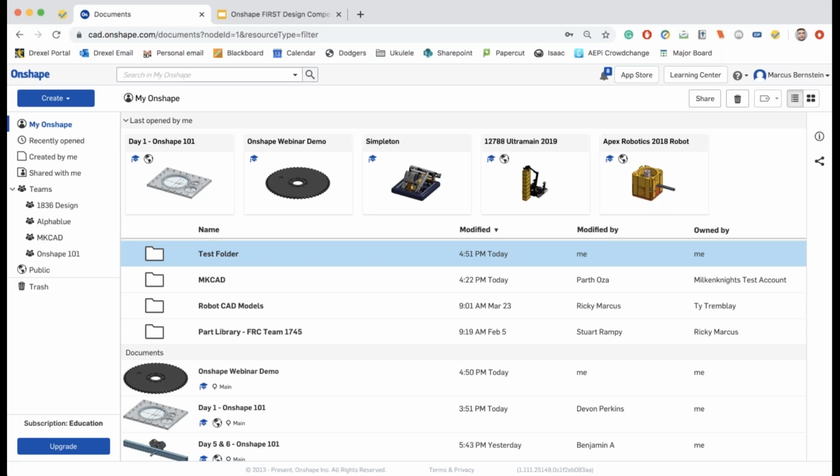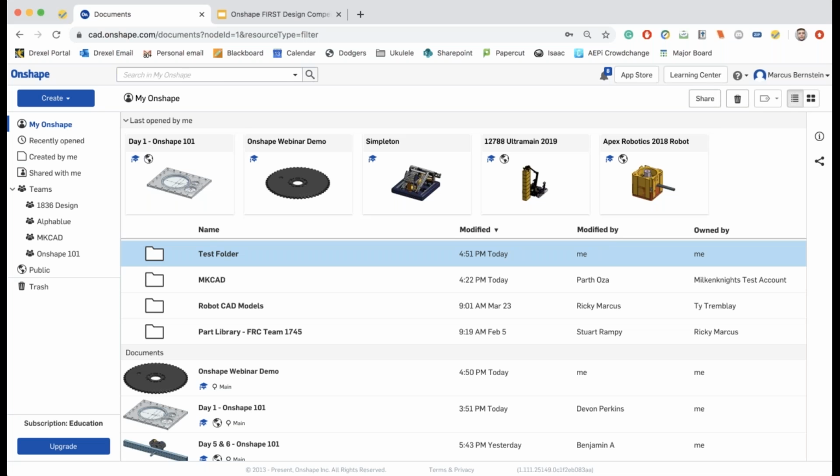There are a couple of other really great parts libraries. I know that there's a webinar later on showing a parts library for FTC. I don't know off the top of my head any of the other FRC libraries. I apologize, I am a couple years removed from FRC, so I'm not super active in all of this design stuff. Specifically within Onshape, I think